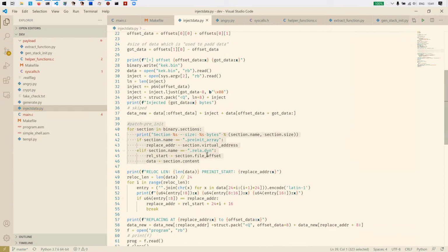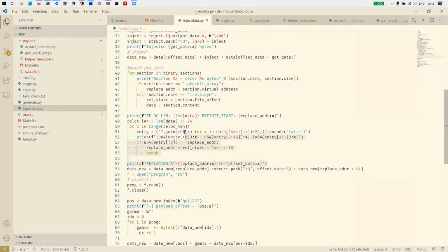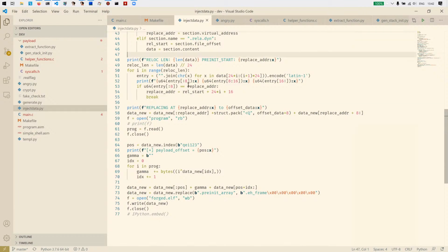Here I'm looking for relocation for the pre-init section and patching it. That's why IDA before 7.5 was fooled, because it didn't check relocations correctly, I guess, for this case at least. And then again, this code is creating gamma and writing it into the binary file. And so at the end we just